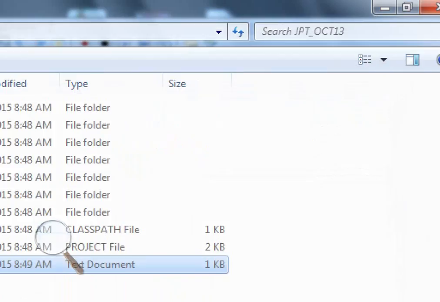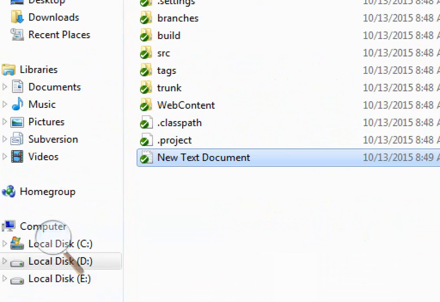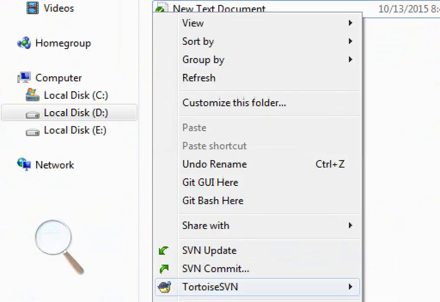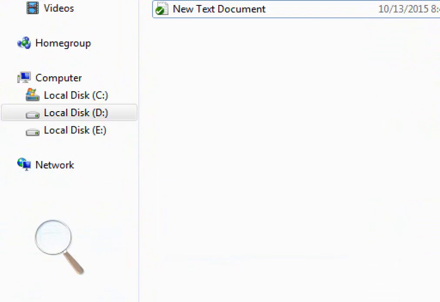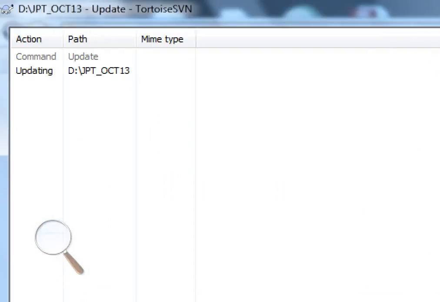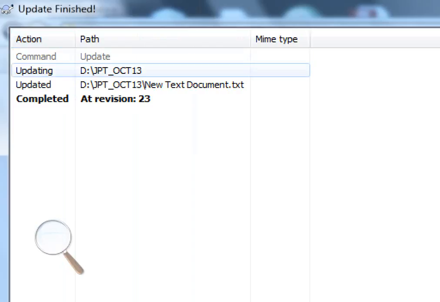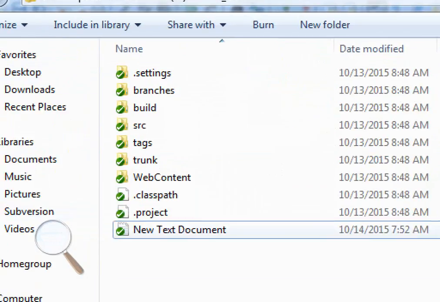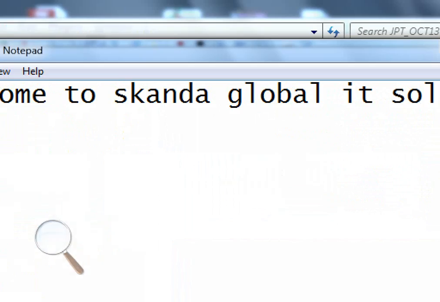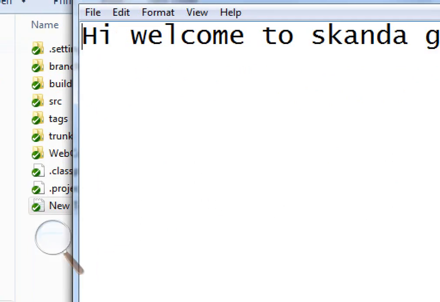Now let this developer take the update. Right click and do svn update. Something is updated, right? What is that? New text document is updated and the revision is 23. So okay, now open this and verify. Now it is changed or not? Welcome to,